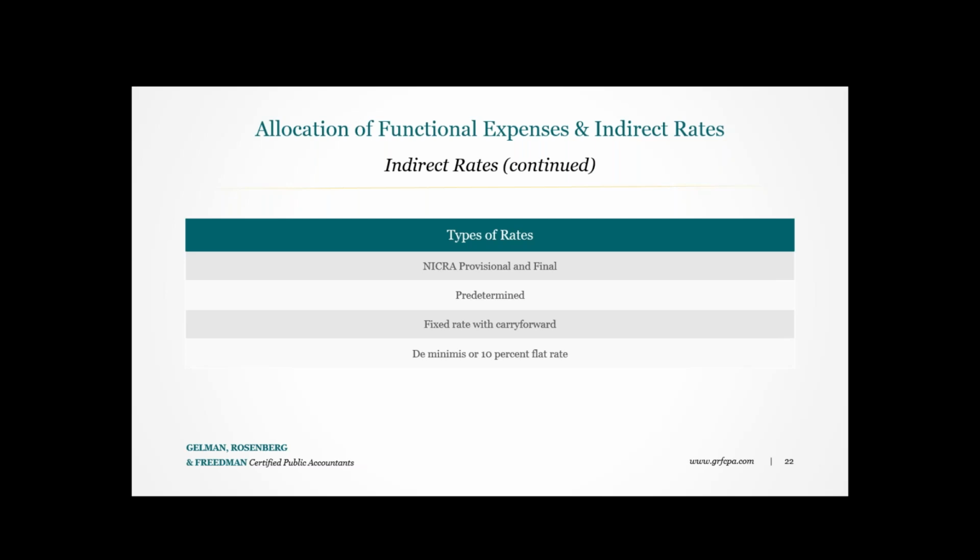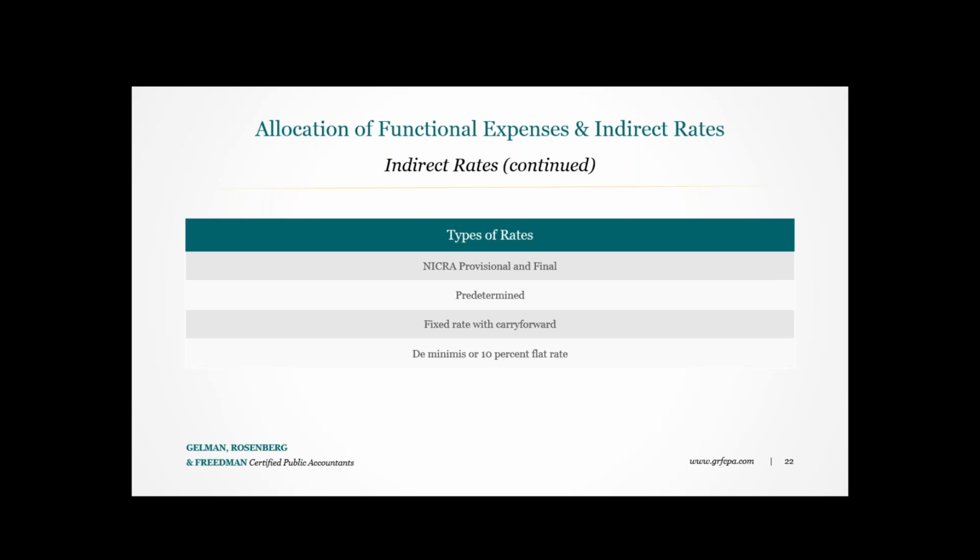But in this particular case, with the NICRA, the provisional rate is the temporary indirect cost rate applicable to the period in which you are applying for funding and reimbursement. And the reporting on indirect costs on an award happens after the establishment of the final rate for the previous period. So the provisional rate comes at the beginning of the year, and it's based on the final rate typically from the previous year. And then the final rate is established. It's applicable to the year that closed, and it's based on the actual known costs of that period. So the final rate is not subject to adjustment. Once it's established, the rate is used to adjust the indirect cost claim during that and any perhaps subsequent periods.